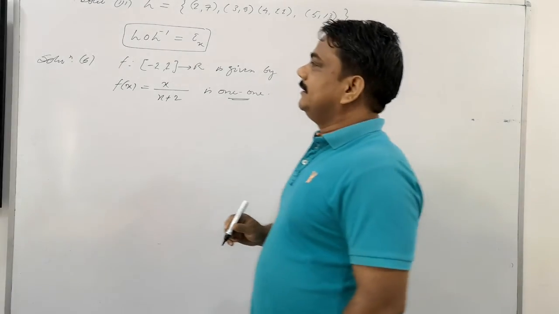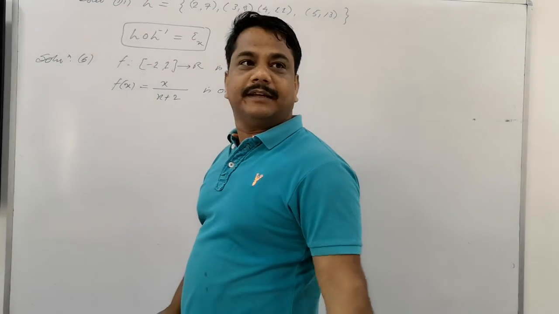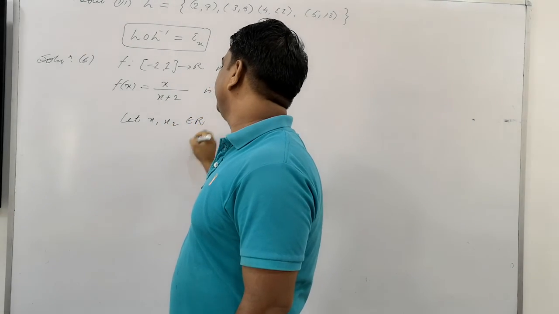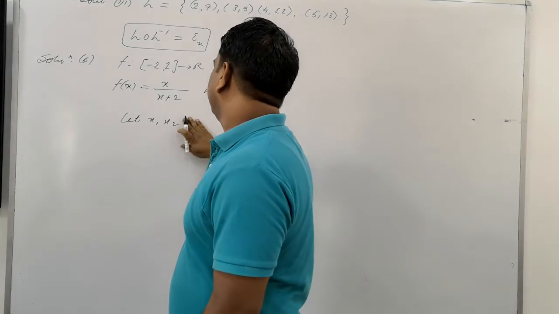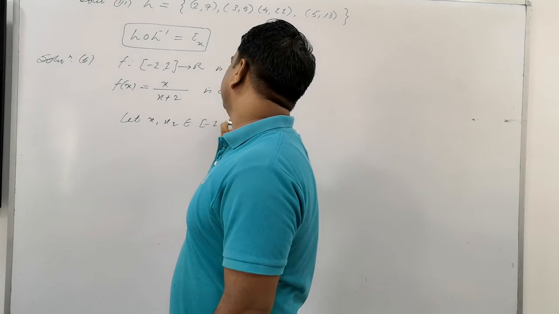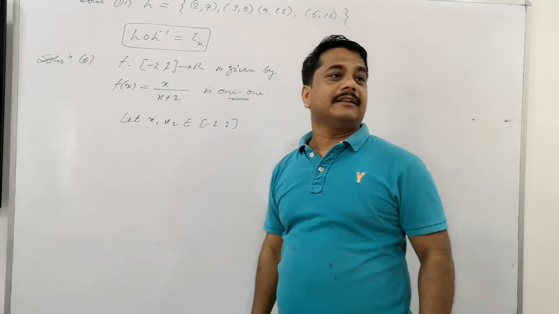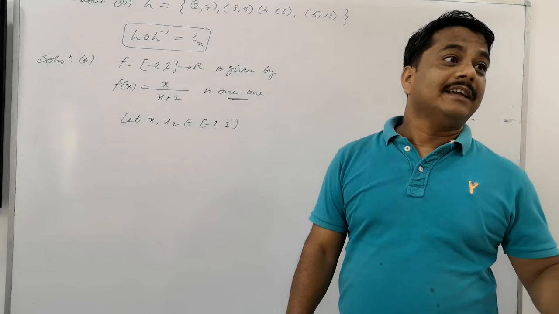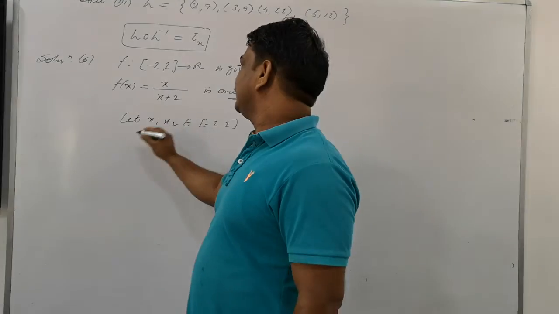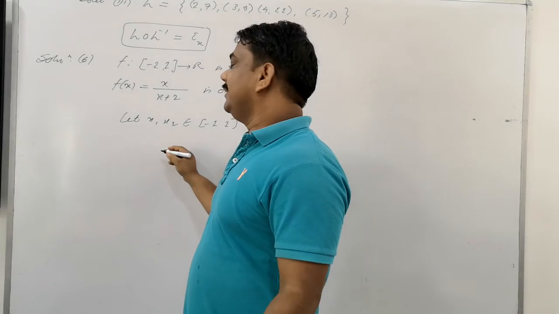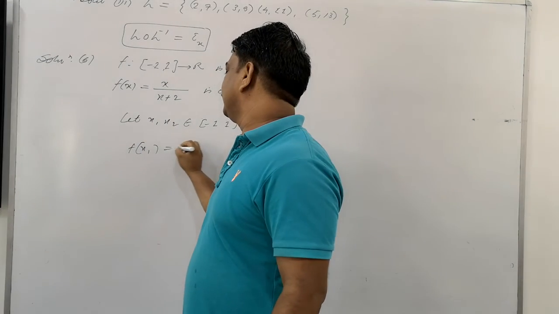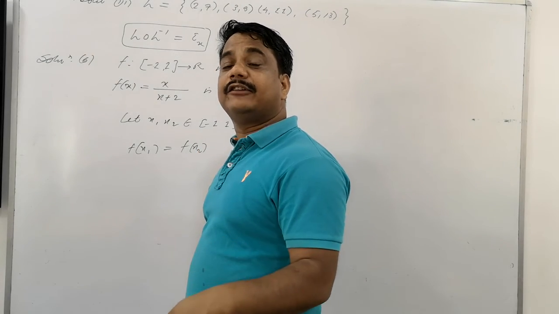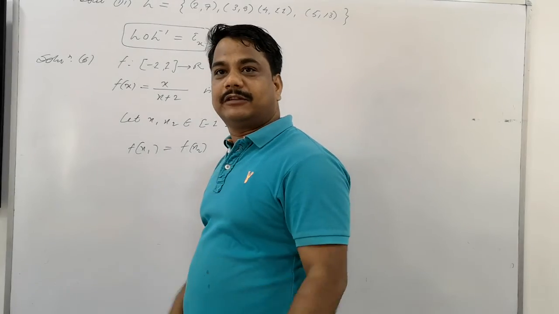So we have to show that this is 1-1. Very simple for finding 1-1. Let x1, x2 be real here, in the domain. x1, x2 belongs to [-1, 1]. Do you know the symbolization, square bracket? Closed interval, means -1 and +1 are to be included. So x1, x2, two values are here. We are supposing that f of x1 is equal to f of x2. Means two ranges are equal. If we are taking range equal, then domain will also come equal.